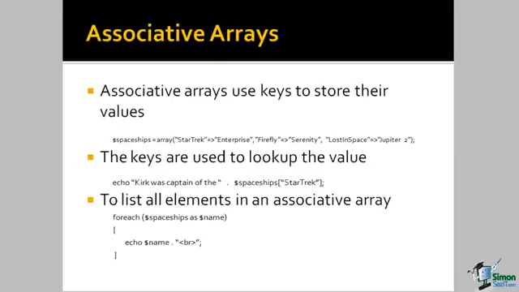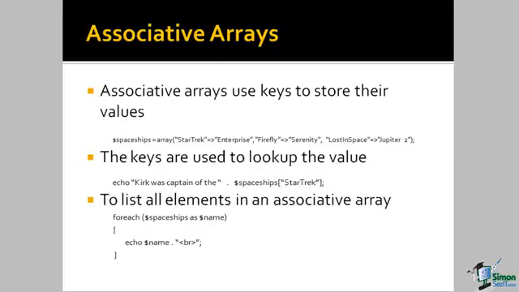So in this case, I have an array called spaceships, and the key in the array is the series name, and the lookup value is the name of the spaceship associated with that television series. So if I wanted to find, for example, the Starship Enterprise, and I know that it's from the Star Trek series, I would ask the array, hey, give me the value that you're storing that's associated with the Star Trek